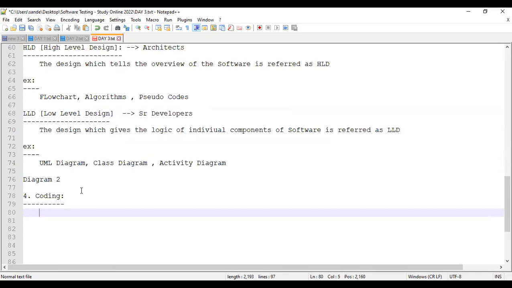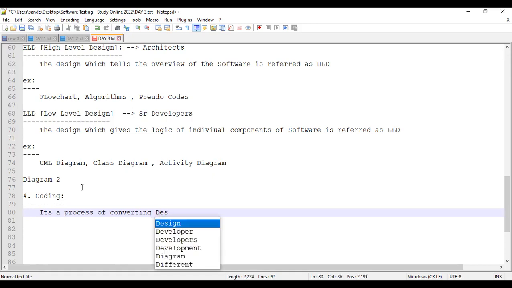Sir, what is coding, sir? Coding is a very simple technical term. Why? Because I'm not going to explain coding in detail in the testing class, because it is testing that I have to explain. Now I'll just say coding will be done by developers. It's a process of converting low level design, or I can just say design,